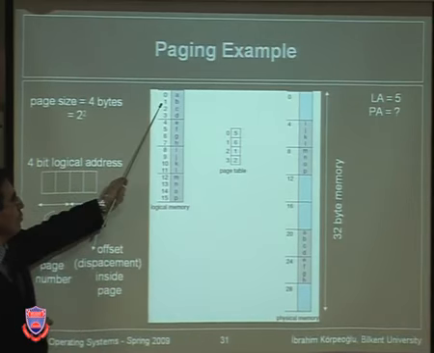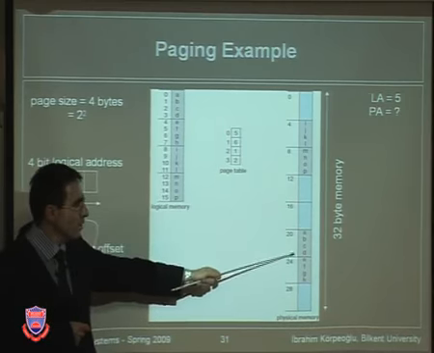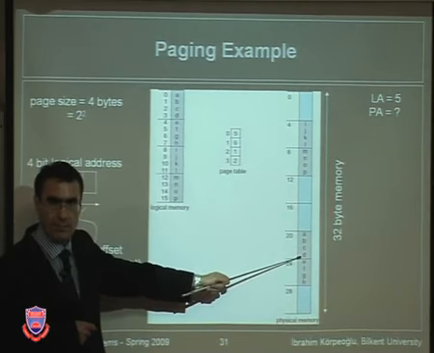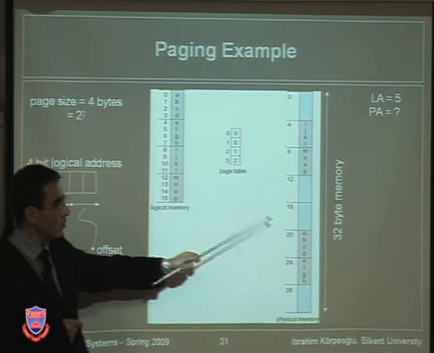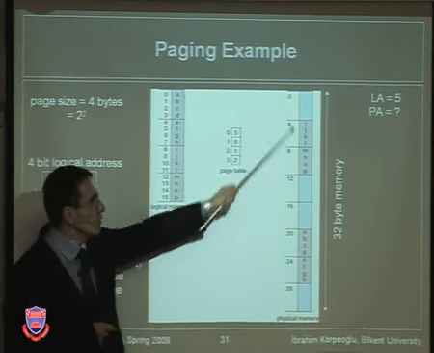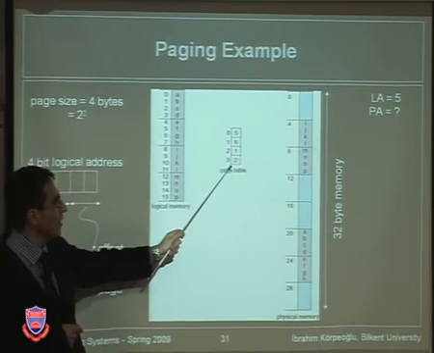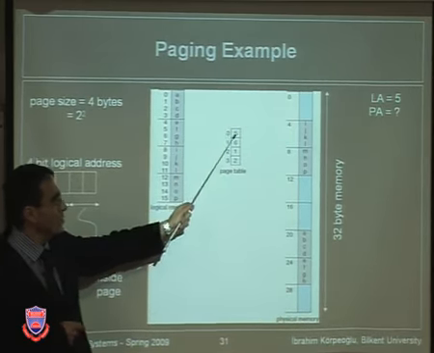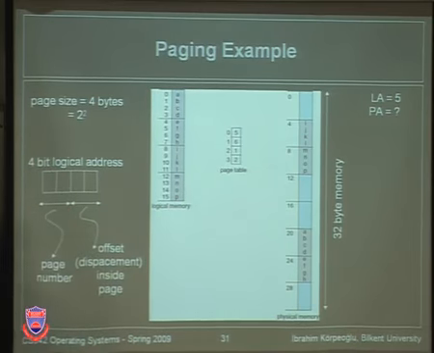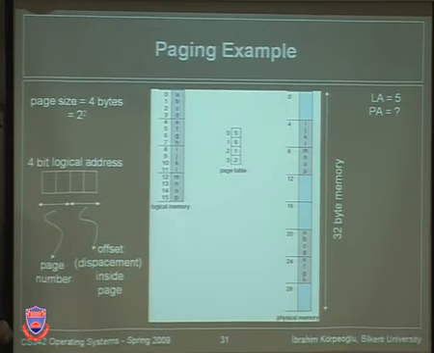So page 0 is loaded where? A, B, C, D is loaded here, for example. The content is loaded here. So that means we have to map page 0 to which page frame? 0, 1, 2, 3, 4, 5. Actually, this page table is telling us that. So page 0 is mapped, or sitting, in frame 5. Page 1 is sitting in frame 6. Page 2 is sitting in frame 1, page 3 in frame 2, and so on. So now let's look, for example,